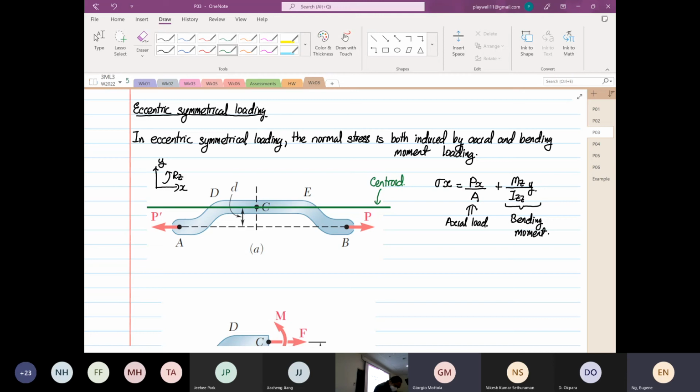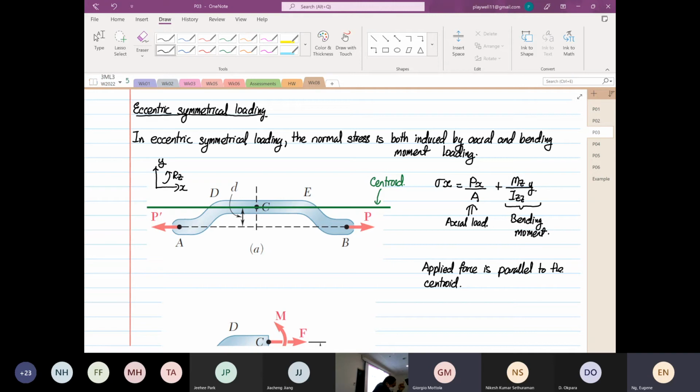The applied force, okay, different color. The applied force is parallel to the centroid. Okay, that is the difference. Okay. Previously,